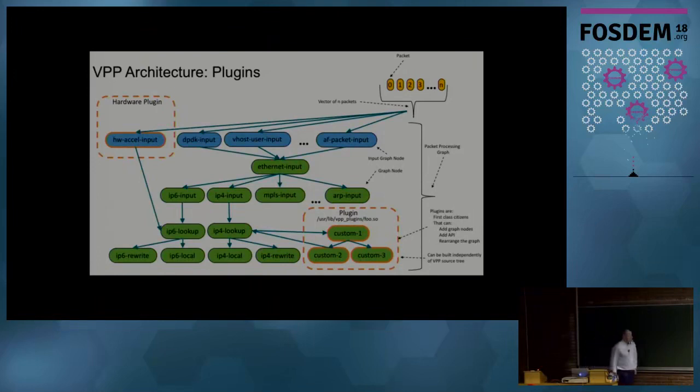And you can think about hardware acceleration. We see people having NIC cards or accelerators which are able to do crypto, for instance, or that can do the first levels of processing in this graph. Of course, vHost user and AF packet input are software nodes, but nothing forbids you from having cards which do some level of processing and inject packets later in this processing graph in VPP.